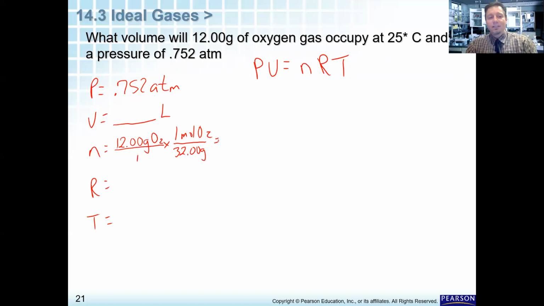So I can just plug this in really quickly on my calculator. So 12 divided by 32, and I am at 4 sig figs on all of it. So I'm at 0.3750